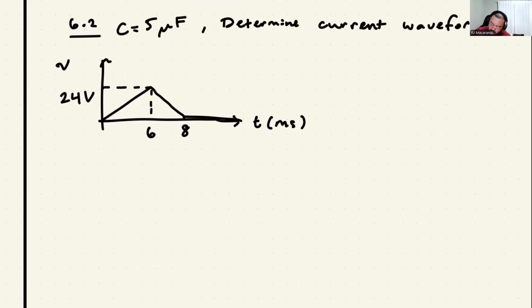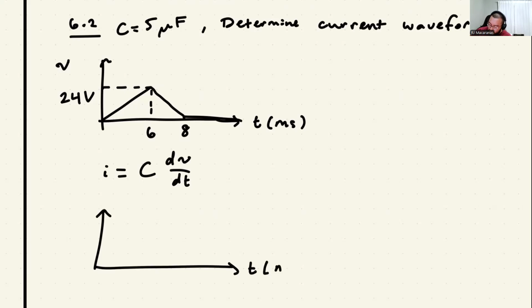So how do we do this? We're going to recall the capacitor equation, right? I is equal to C dV by dt. And all we're going to be doing is taking the derivative of that waveform. Easy peasy, right? Fortunately, this is a pretty straightforward change here. So we have 24 volts over 6